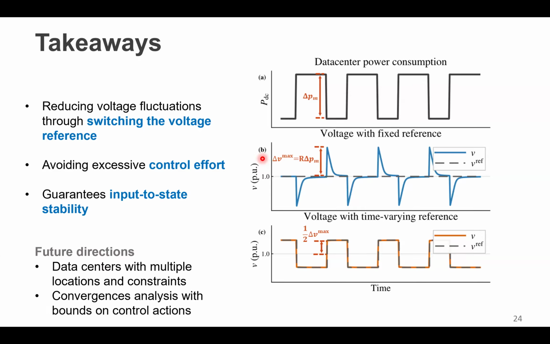And also for one distribution system, we have multiple data centers. If each data center has these step changes, then the impact may overlap with each other. Then we need to further check how we should decide for these cases and whether the performance guarantees still hold. And in addition, for the convergence analysis, we have not included the interactions and also the time scale deviations between the control action implementation and the original time varying load. So these all need to be addressed in future research. So that essentially completes the first part of the talk.